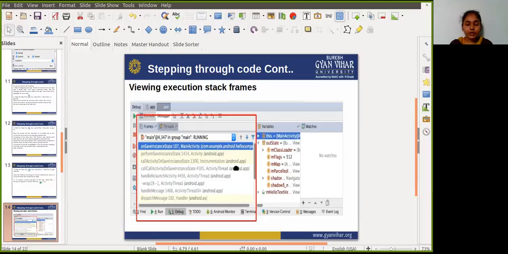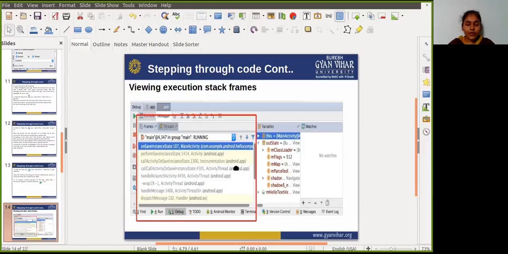just begin debugging your app, and then in the watches pane click the plus button in the text box that appears. Type the name of the variable or expression you want to watch, and then press enter. To remove an item from the watches, select it and then click the minus button.